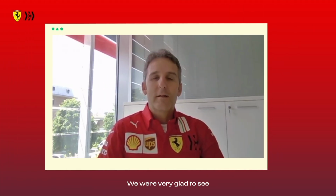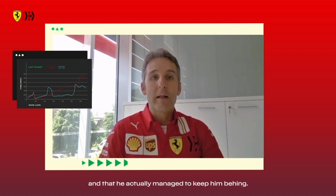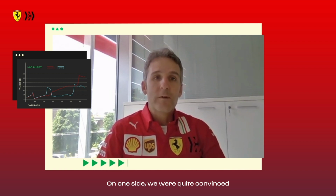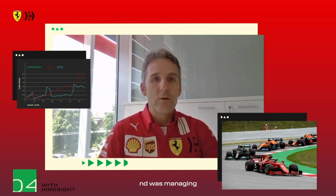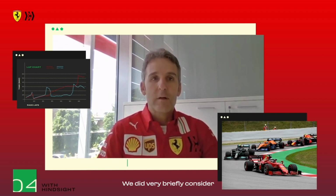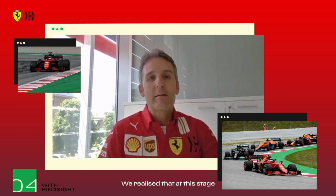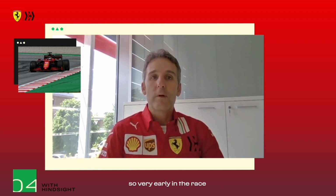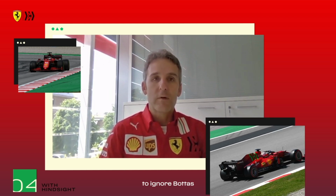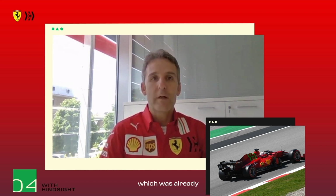So we were glad to see that Charles overtook Bottas from the first laps of the race, and that he managed to actually keep him behind. On one side, we were quite convinced that Bottas would have overtaken Charles at some point, but Charles was doing very good driving and was managing to keep him behind. We did very briefly consider whether we could keep him behind, but common sense prevailed. And we realized that at this stage, the Mercedes is a much stronger car. And so very early on in the race, we decided to ignore Bottas and let him do his own race so that Charles can do his fastest possible race and try and beat the Red Bull behind, which was already a difficult